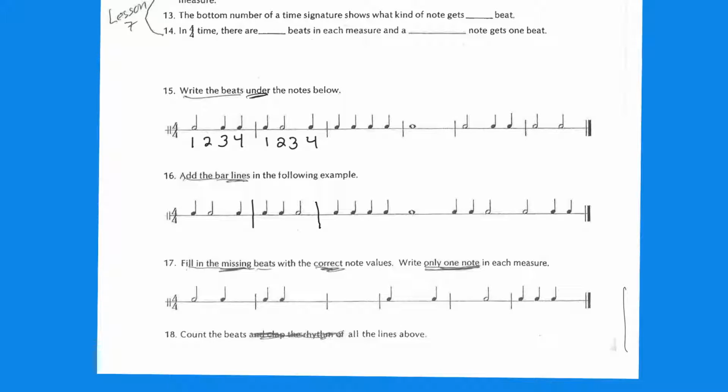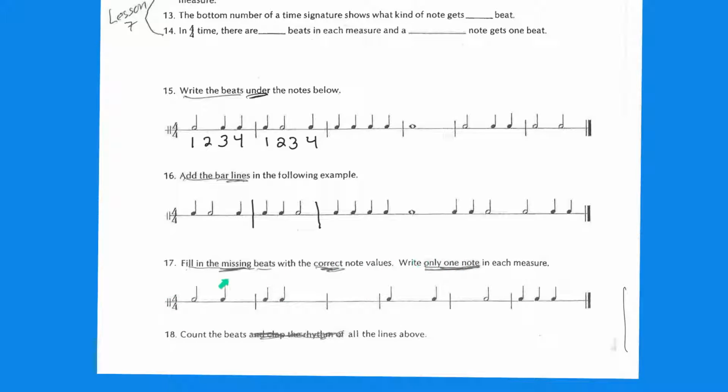Now we get to number 17. It says fill in the missing beats with the correct note values. And you can only write 1 note in each measure. Just 1 note. Not 2, just 1. All right, just 1 note. It has to be a note,